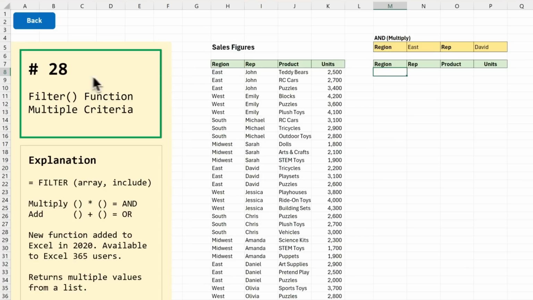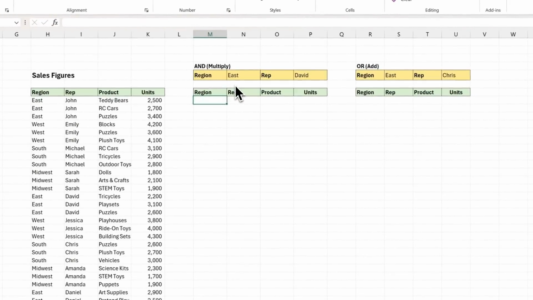Number 28, FILTER function for multiple criteria. So we have the same sales figures as before, but this time we want to be able to specify 2 criteria. First, we'll have a look at this one, where we have East as the region and David as the rep. So we'll use the same function as before, =FILTER,